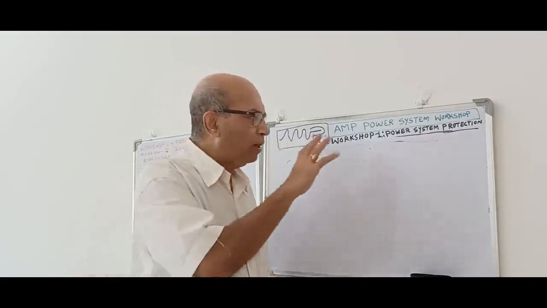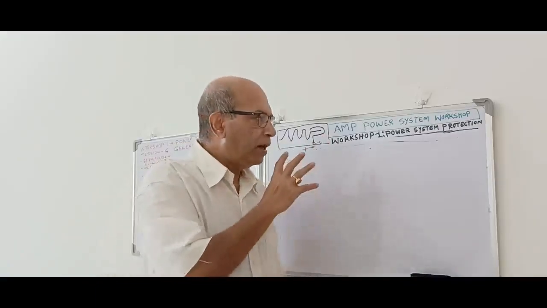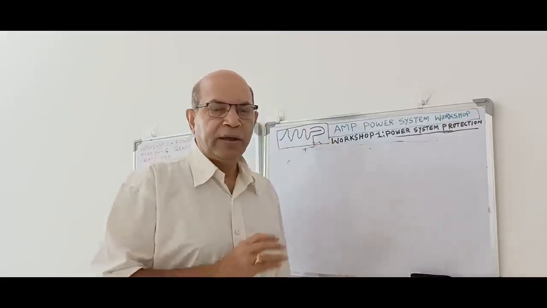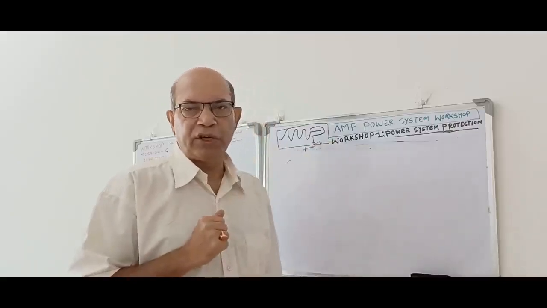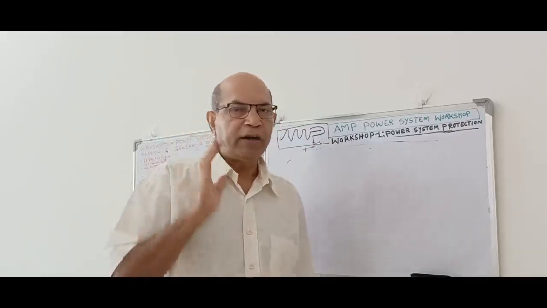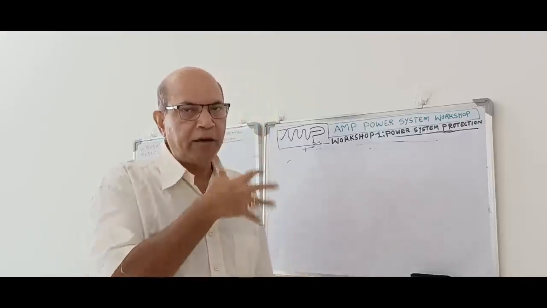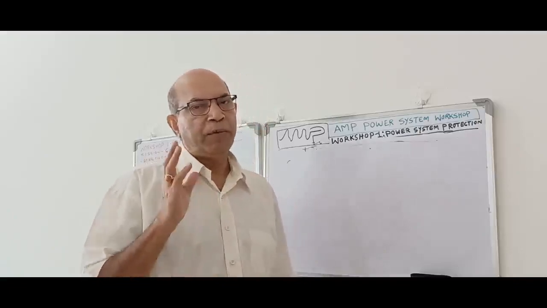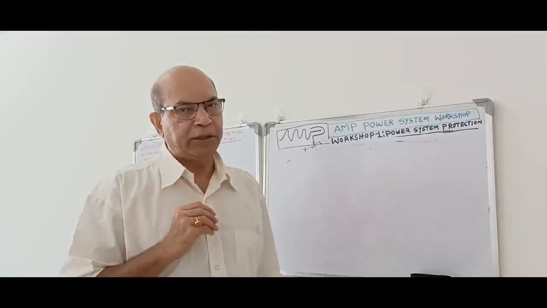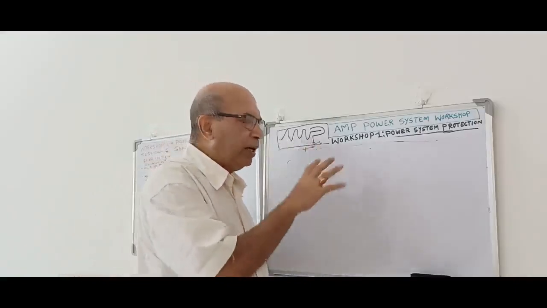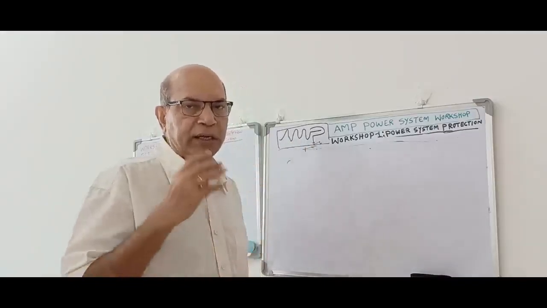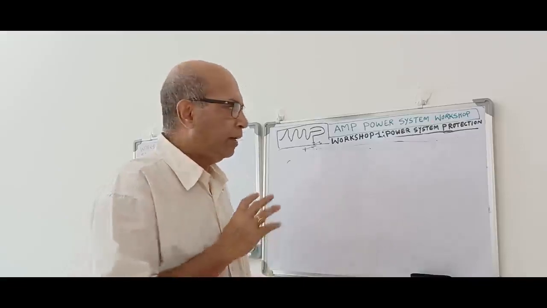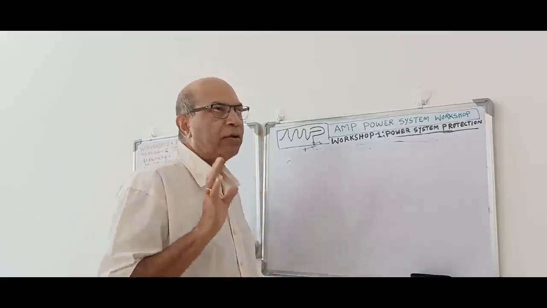So if all these things are properly maintained, then the input power to the turbine is maintained, the corresponding output is obtained as we intended, and that output goes as input to the generator, and the generator gives the required output, and everything will be running. But if any one of them is not in proper order or proportion, then we have to take immediate preventive measures for that. So these are the mechanical events or scenarios which can disturb the generator output. So these are the things to look into in the discussion.